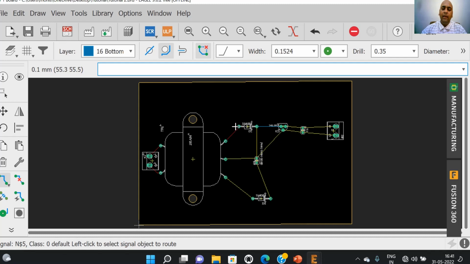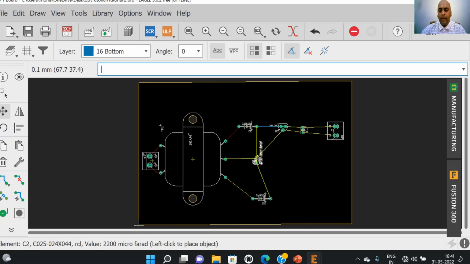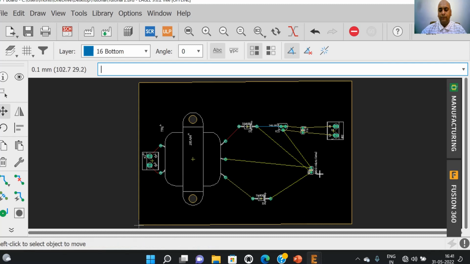So clearly, red trace indicates that we are connecting the components by using the top layer, and blue color of the trace indicates that we are connecting the components on the bottom layer. In a similar way, we can connect all the components.